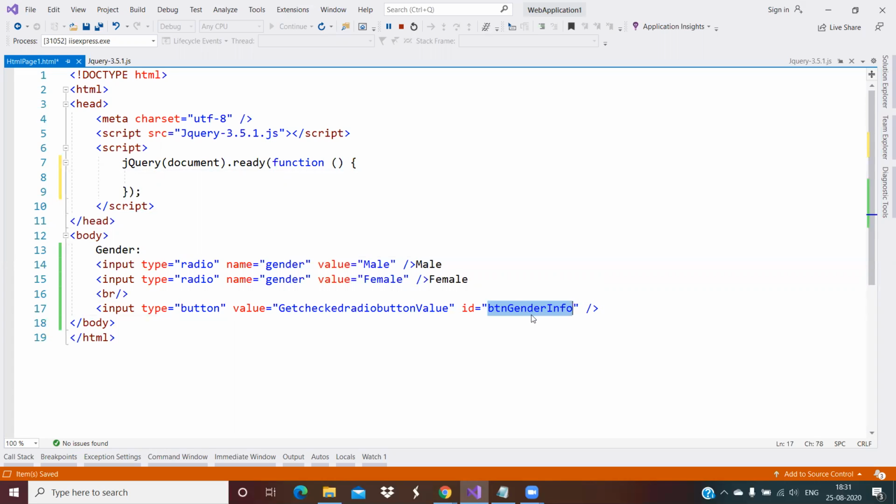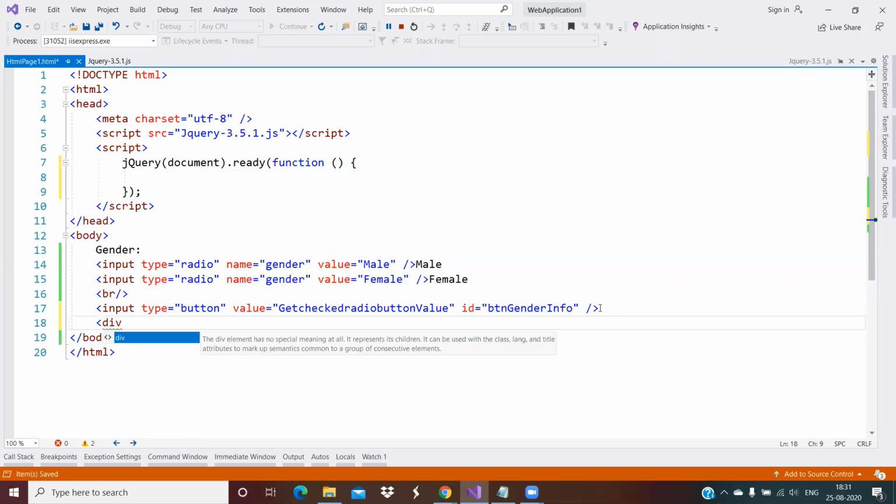If it is checked, then I will display the value in a div section. For that, I create one div, and for unique identification I provide one ID. Suppose the name is div result.